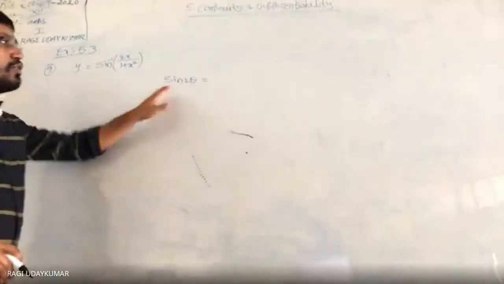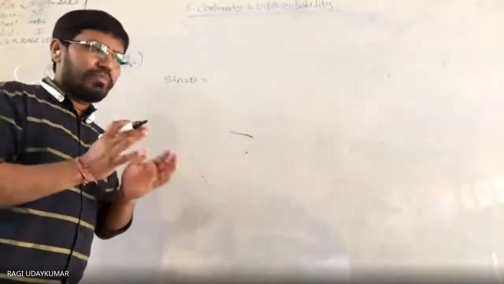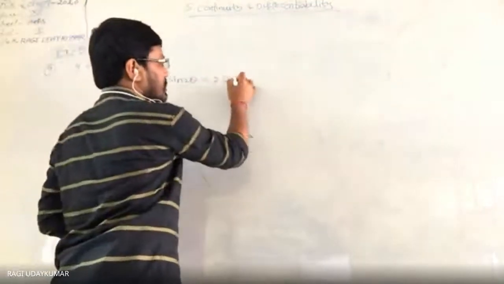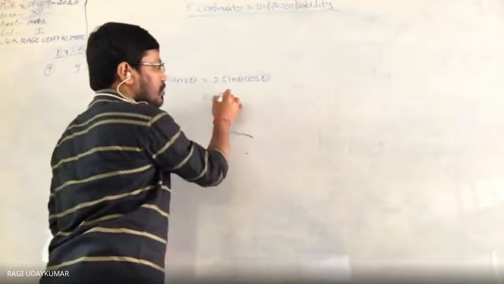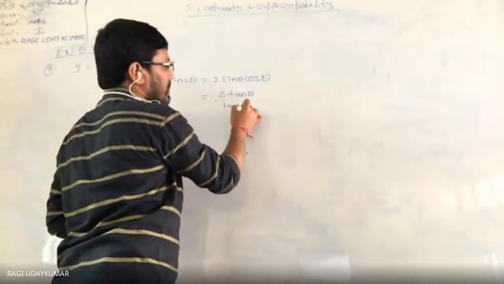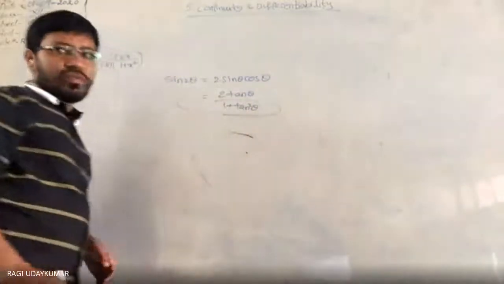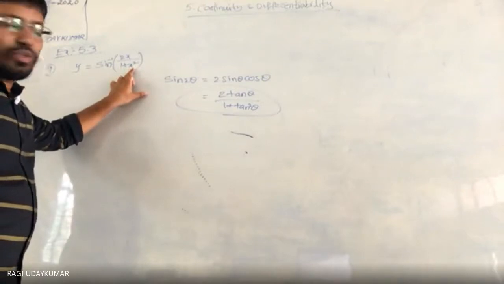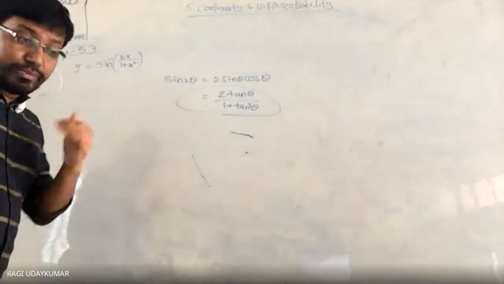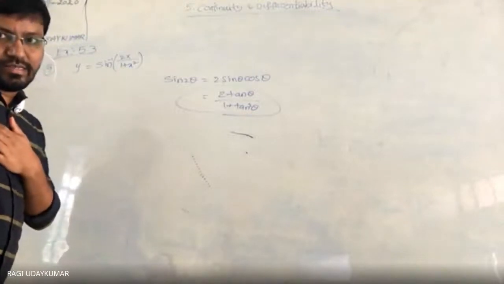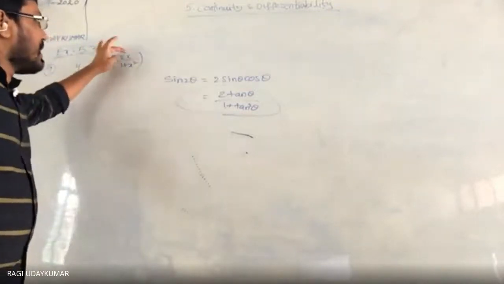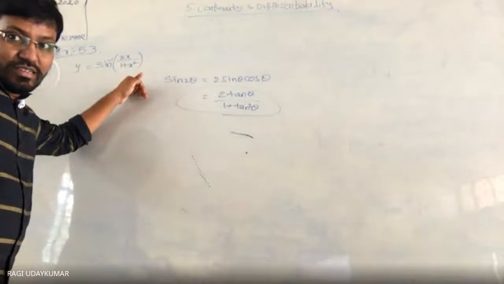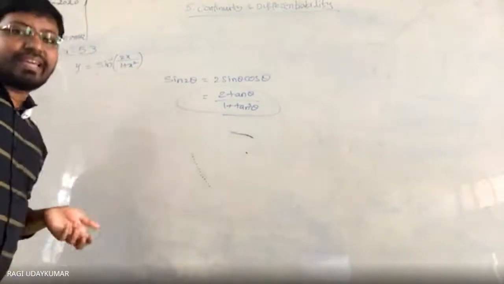Okay. So the sin 2 theta formula, these should all be in your mind, in different ways. Sin 2 theta is 2 sin theta cos theta only, as you know. But you can write it as 2 tan theta by 1 plus tan square theta. If you take x is equal to tan theta and substitute, what do you get here? 2 tan theta by 1 plus tan square theta. That can be written as sin 2 theta. Sin inverse of sin 2 theta is 2 theta. So it is going to simplify in the easiest way.